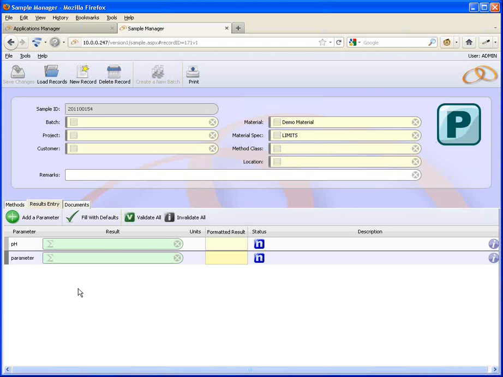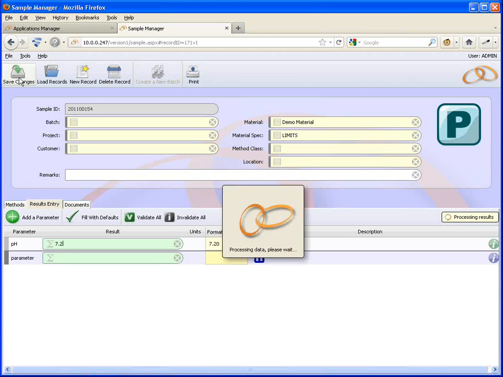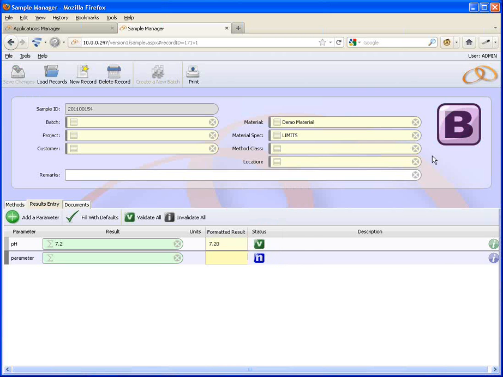So the next status that happens is, if I was to put a result in there and save my changes, the status changes to B for begun. So what that means is at least one result has been entered. Now we've only actually got two results on here, so if I put in another result